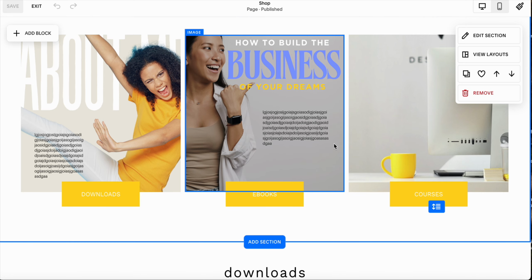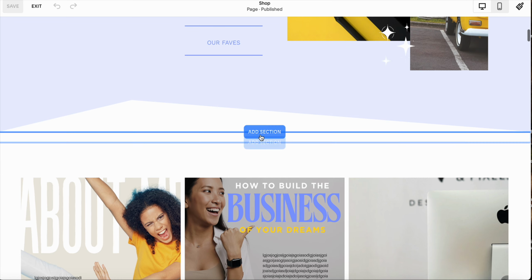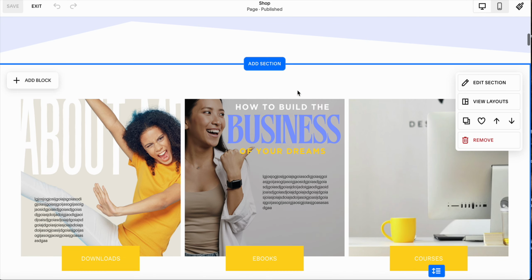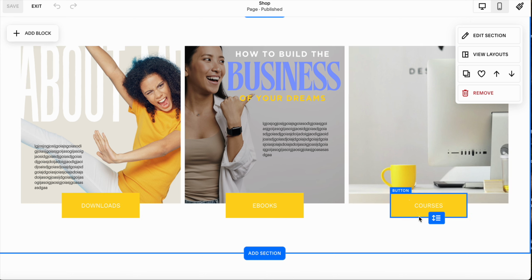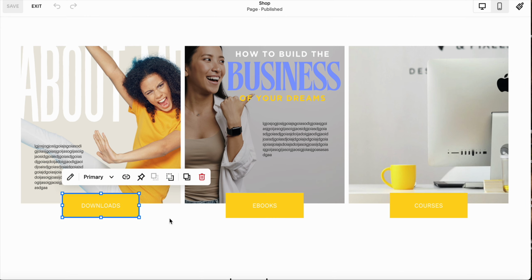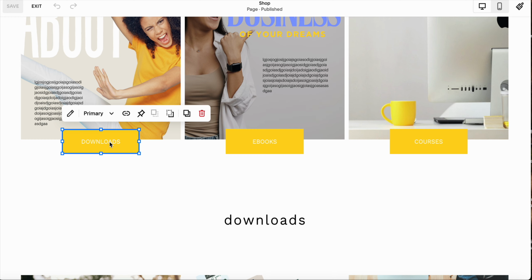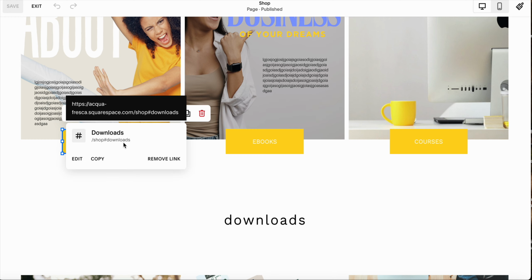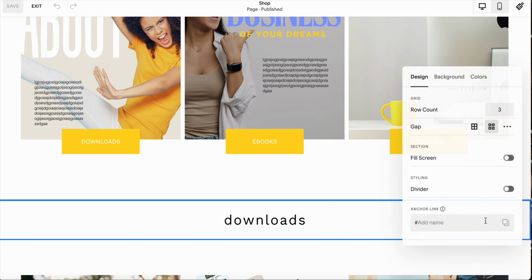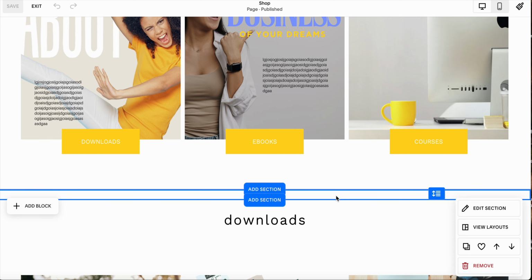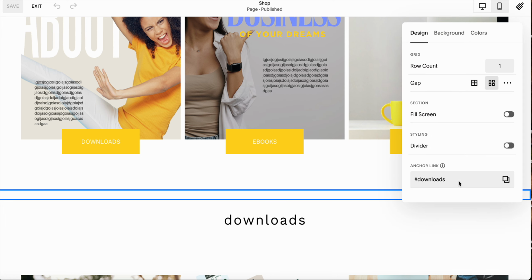So yeah, our products section jumps down to here, and I have it set so that you can show 3 different types of products, and then each of these buttons actually jump down to the appropriate place on the page too. So this downloads button is already set to go to the download section, which is right here below. Oops, here it is, this little section, edit section, and you'll see the anchor link has already been in there,